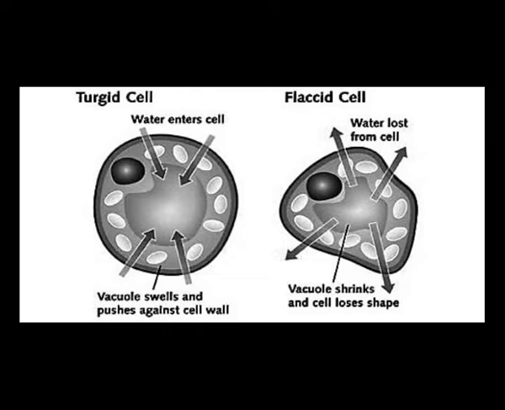So let us understand the uses of turgidity to the plants. What role is played by turgidity for the plants? The turgidity provides rigidity to soft tissues such as the leaves. When there is not enough water in a leaf, it wilts or shrinks. That is, its petiole and lamina become loose and the leaf droops down. This is how it gives rigidity to the soft tissues of the leaves.